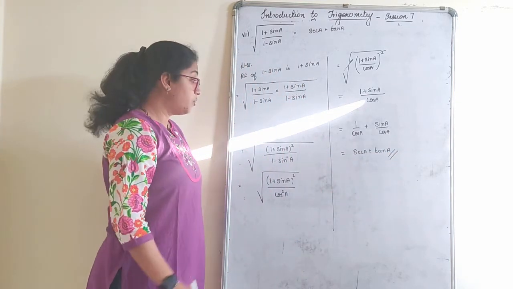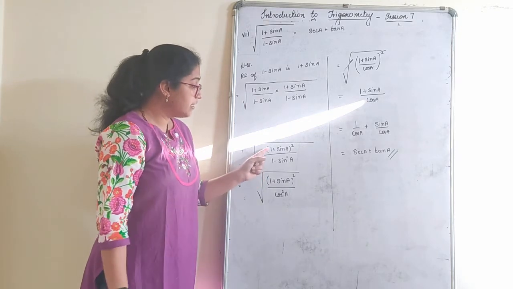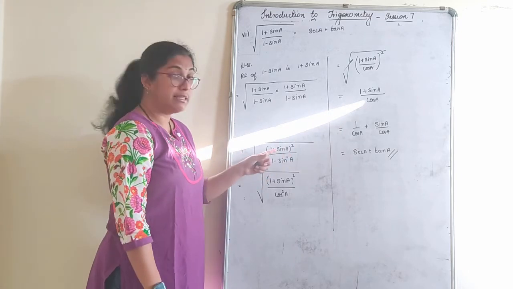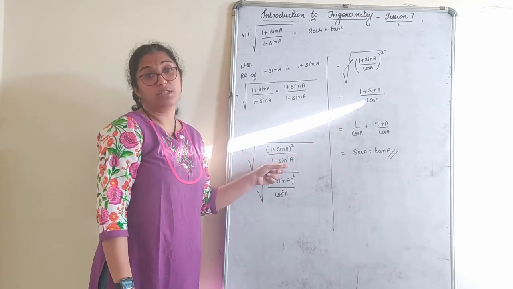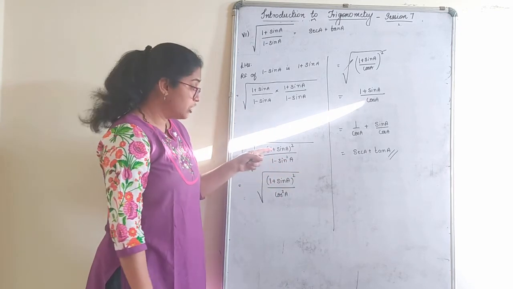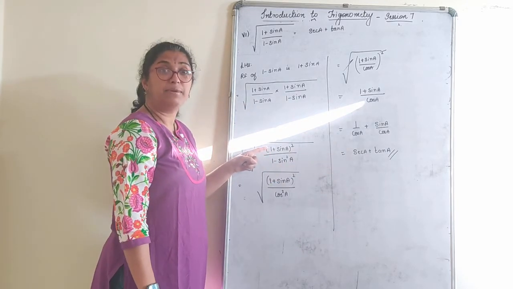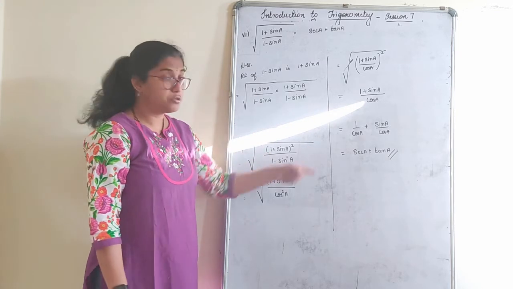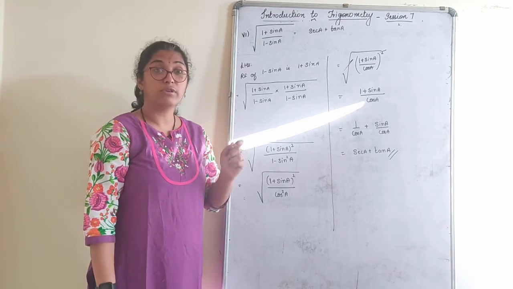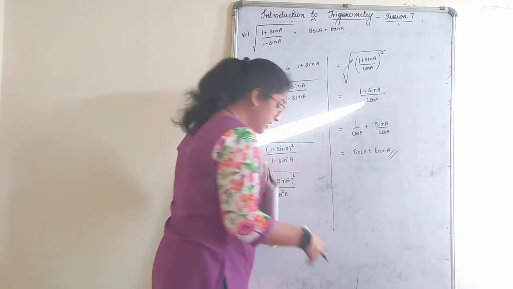We got it. Now, what comes first to your mind, children, when you look at this type of sum especially? You think that 1 plus sin A, that is A square plus B square plus 2AB, you will use it. But there what happens again, you have to substitute as cos square theta, cos square A. You can't cancel further. That comes into our complications. So you should know what you have to do with this, right? First thing, definitely this will come to your mind, but that is not how you solve the sum. You're supposed to solve it like this, because root is there. Our main intention is to cancel the root. How to cancel the root we have to see first, okay? This is how you go about it. Next one.